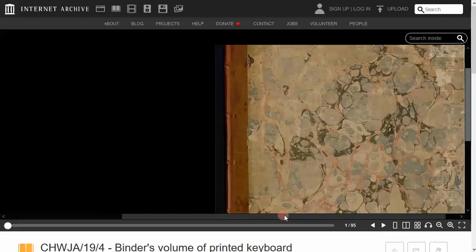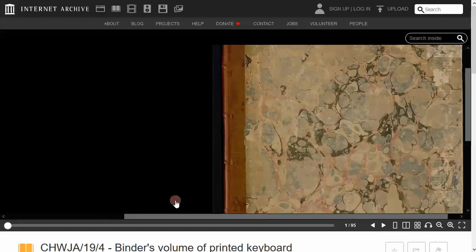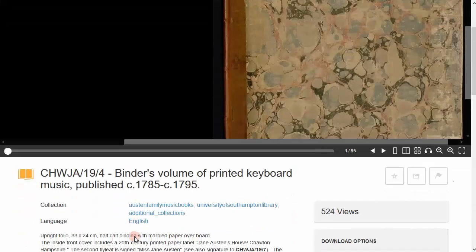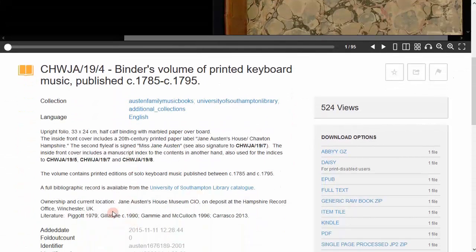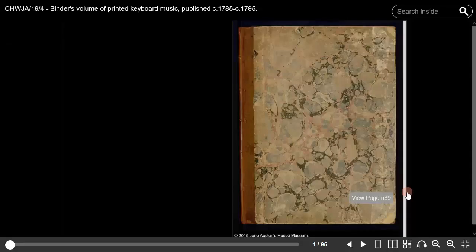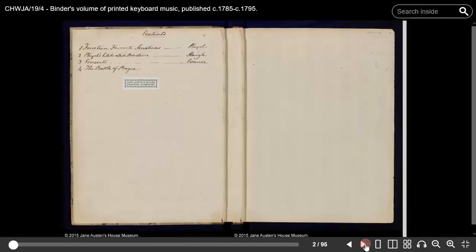This is from the collection of Austen Family Music Books, digitized and online from the University of Southampton and the Internet Archive. This is a single volume containing 4 printed items that are completely distinct and different editions.